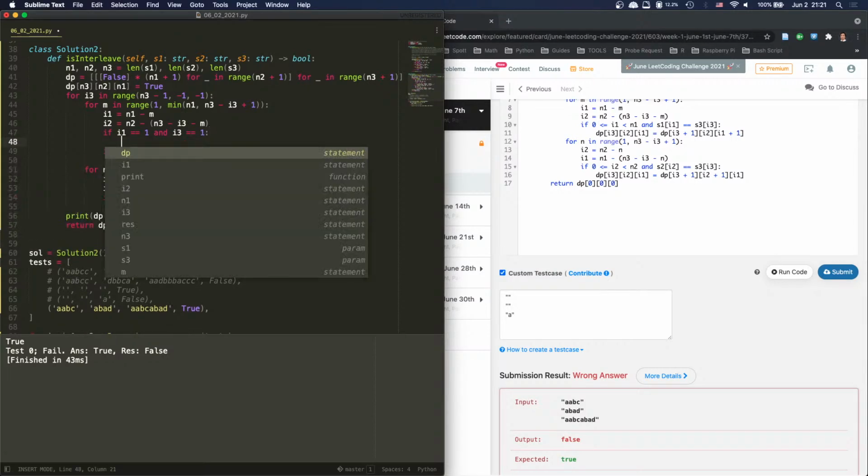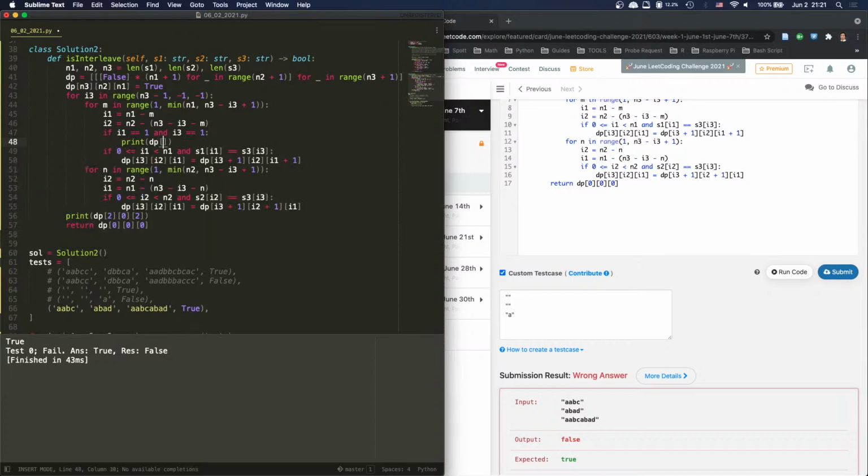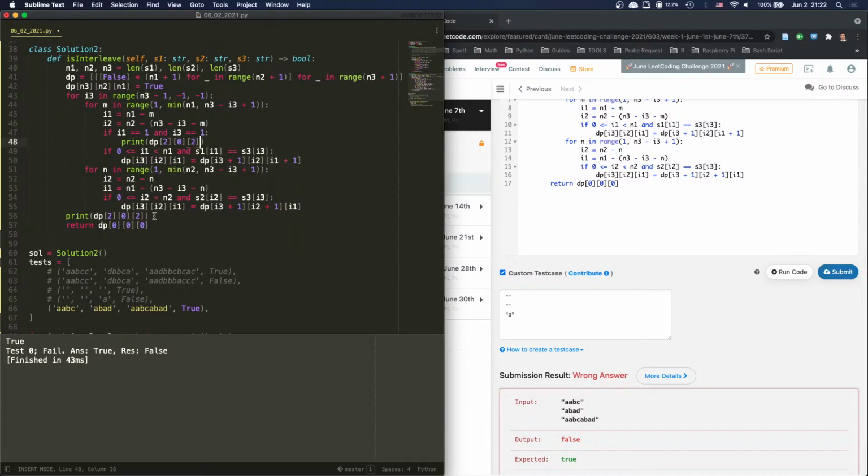All right, I'm going to print DP 2, 0, 2. I'm going to comment on this. It's a false. It's a false. Hold on, what the hell? That should be a false. But